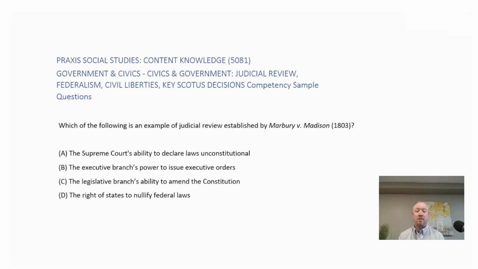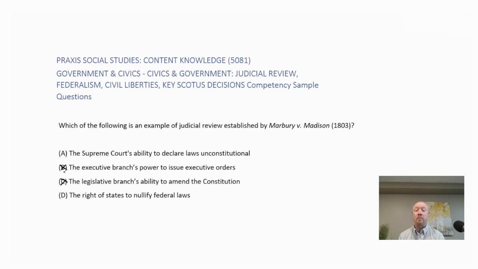Okay, so let's eliminate some possibilities here. I'm going to eliminate choice C, the legislative branch's ability to amend the Constitution. That is outlined in Article 5. It details the process of how Congress and states can amend the Constitution, but is not part of judicial review. Choice B, the executive branch's power to issue executive orders. Those are powers the president has to create executive orders to help run the federal government, but that is not